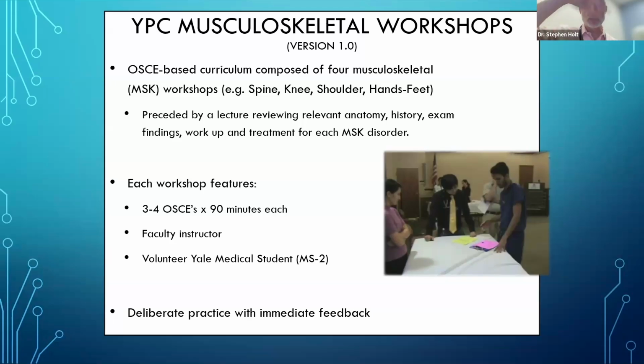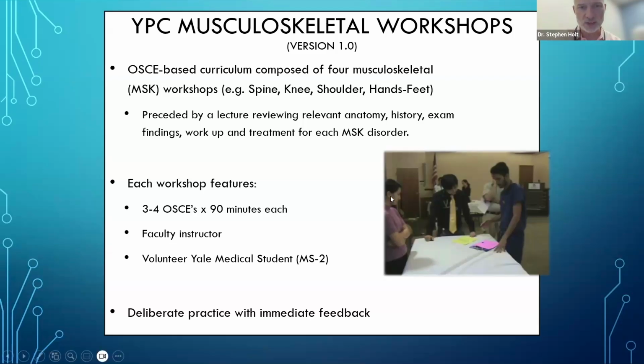a larger room with four stations, and at each station there was a different case of knee pain with a brief vignette. A person who maybe had had a sports-related injury the day before and was concerned about an MCL tear. Another patient who was older, who had chronic pain that was waxing and waning, and they had a flare of osteoarthritis, and maybe another patient with pes anserine bursitis, etc. And so they rotate from station to station, practice their exam skills on standardized patients.